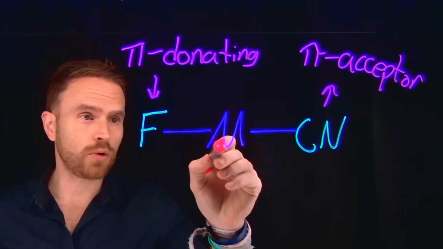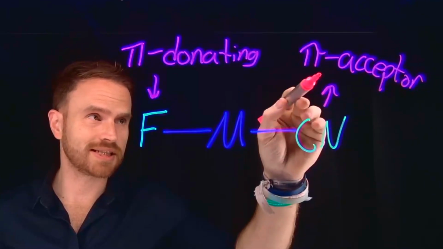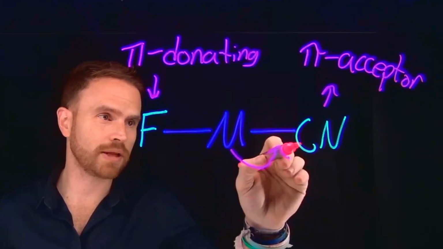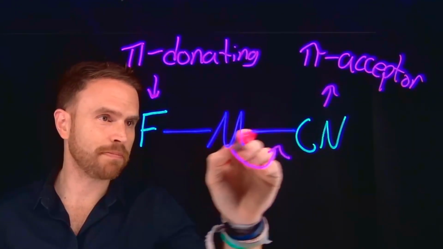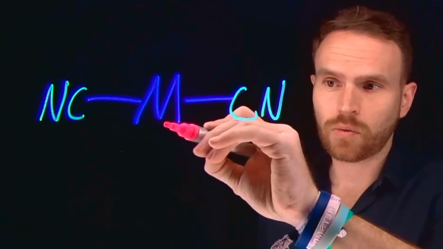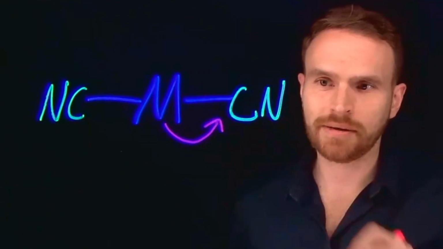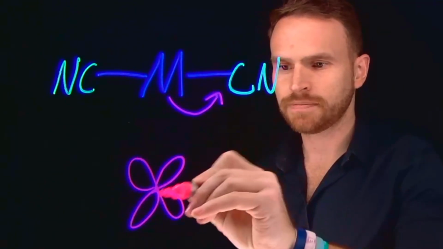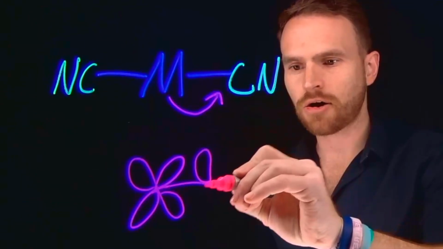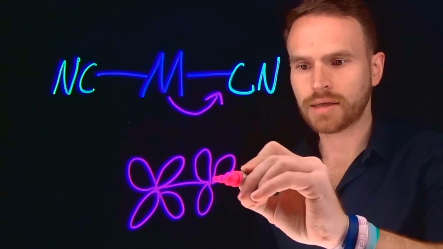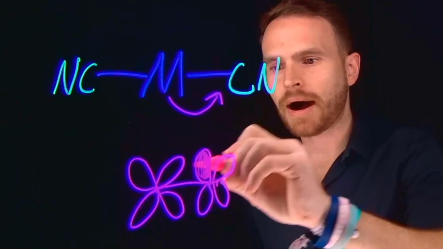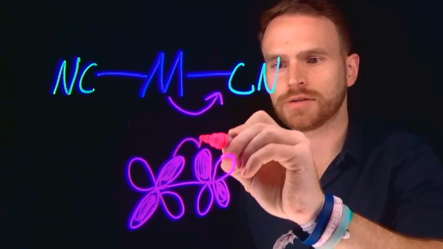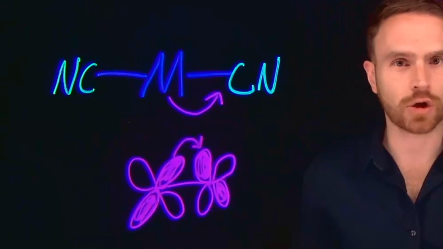For example, we know that a metal and the cyano ligand, since it's a pi acceptor, the electrons from the metal are going to this carbon, which means that we're strengthening this metal to carbon bond. And the same is true on this side, where this metal is donating electron density to this carbon. However, remember the orbital that's doing that is an orbital that looks like this, and it is doing so into the pi star ligand of the cyano group, where we have a pi interaction that allows us to do what's known as pi back bonding, where these electrons are being donated back into the empty LUMO or pi star of